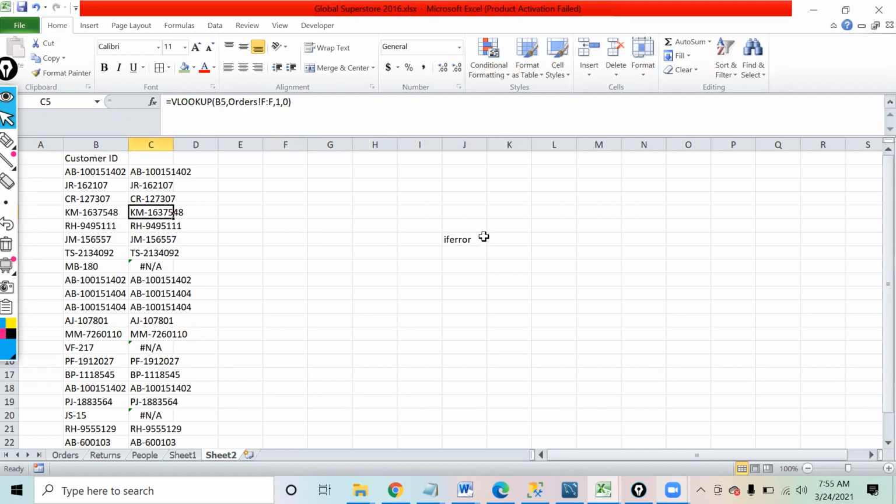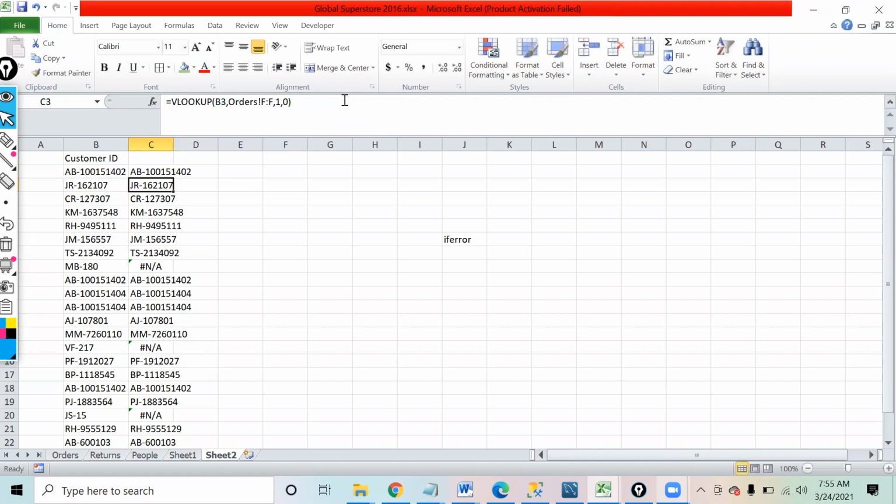IFERROR is a formula which takes two inputs: what the output should be if the value is correct, and what the output should be if the value gives you an error. So we wrap this inside the IFERROR formula. This is the formula that I'm trying to apply. If this formula gives me an error, then you put a comma and say, just simply write not available.